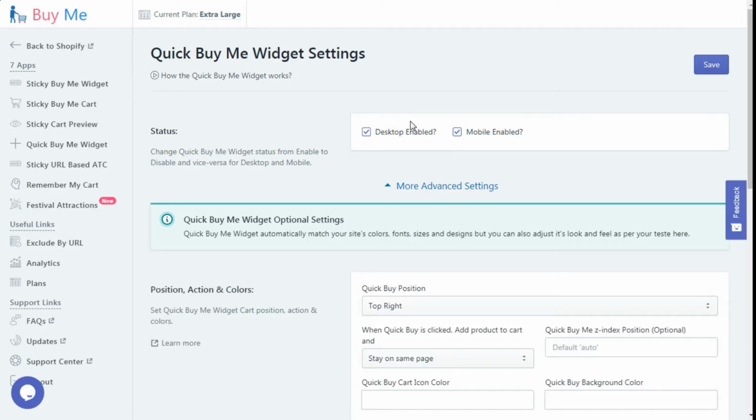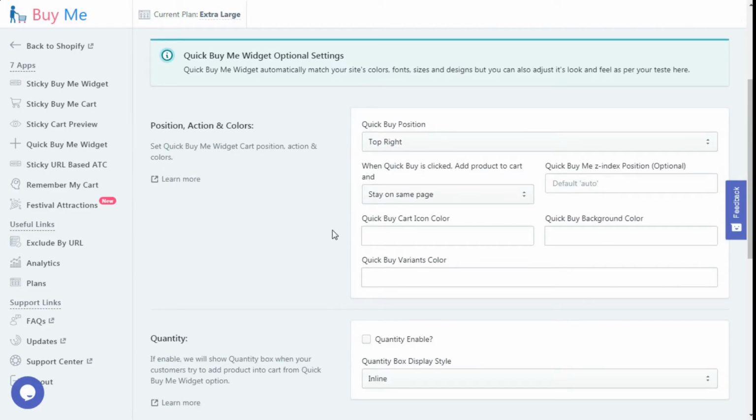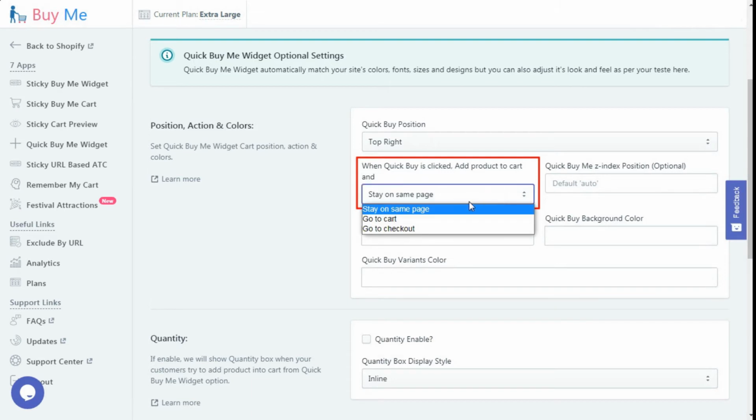The next option is when Quick Buy is clicked, add product to the cart and. Using this option, you can set the action to be taken after clicking on the Quick Buy Me widget. Here you can select the action from the list which contains stay on the same page, go to cart and go to checkout.